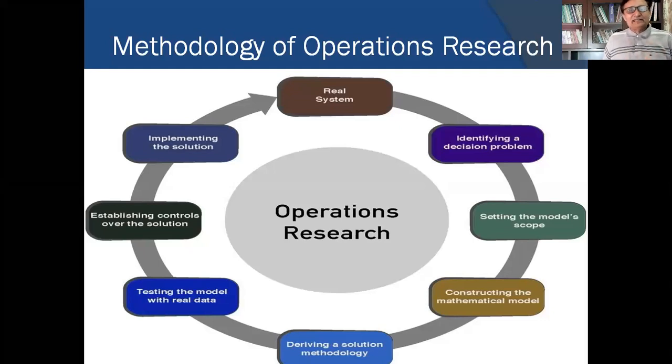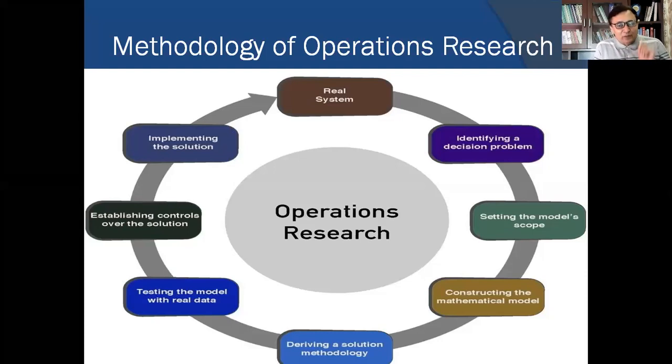At the outset we have defined the problem, but unless it is defined scientifically, in a systematic manner, by following a step-by-step or iterative procedure, we will not arrive at a conclusion about which technique should be used for this kind of problem. So the first step in the methodology of operations research is